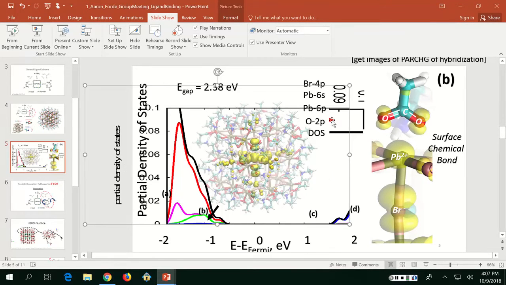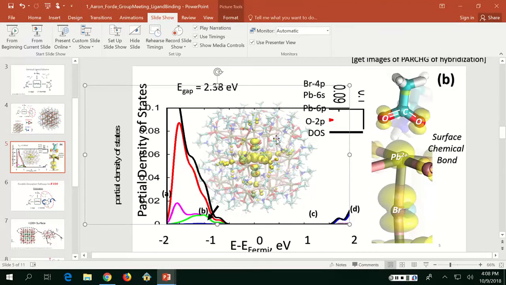Whereas we don't see that with the protonated amine. It doesn't provide any electronic density. That ligand has a pretty strong contribution close to the band gap. Yeah, or well, I guess if you scale it, it's probably maybe 10% of electronic density is